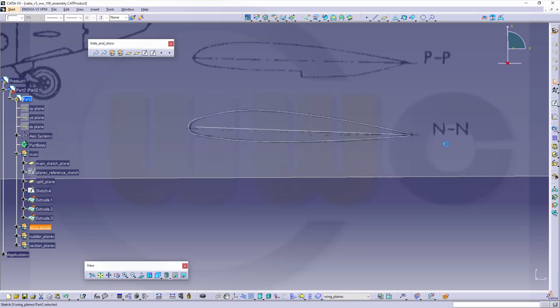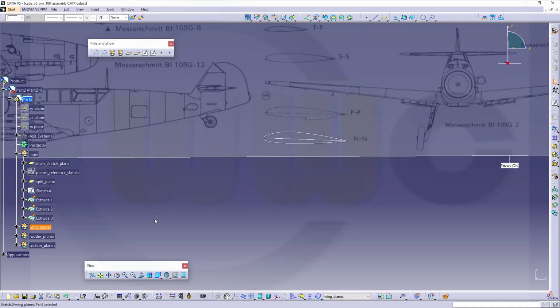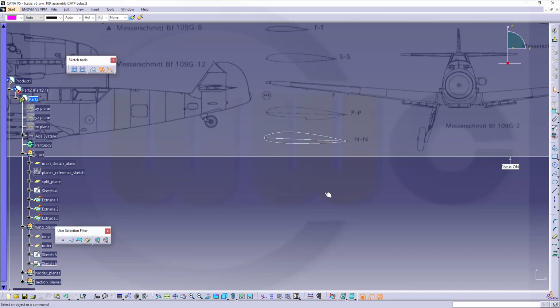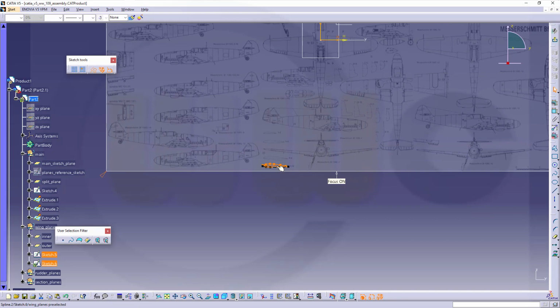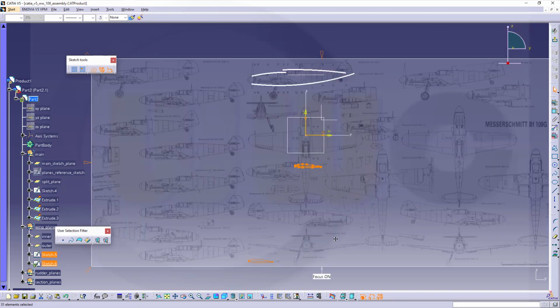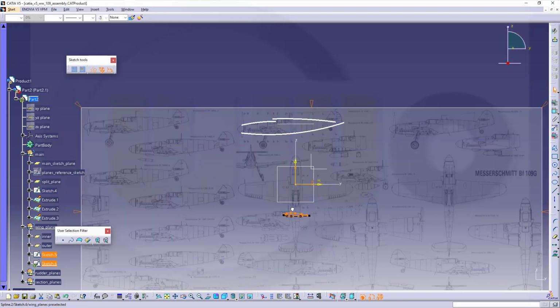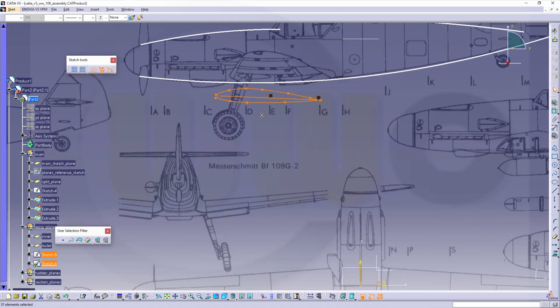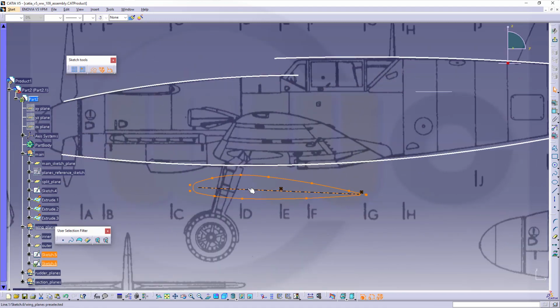Leave that sketch and make a new sketch on the inner wing plane, on this one. New sketch, Control V, select it and move it to a more appropriate position, maybe up here, maybe like this. Okay,